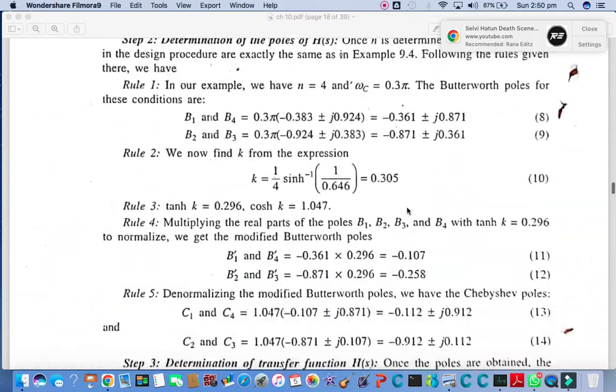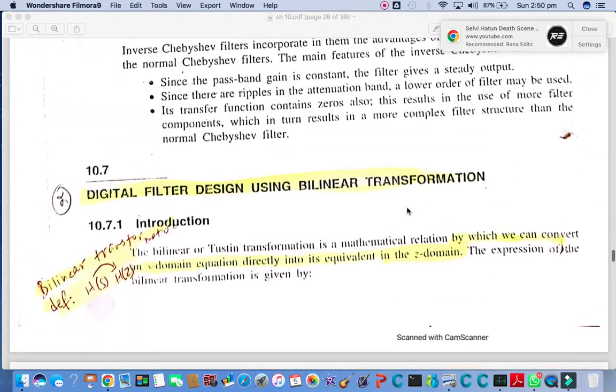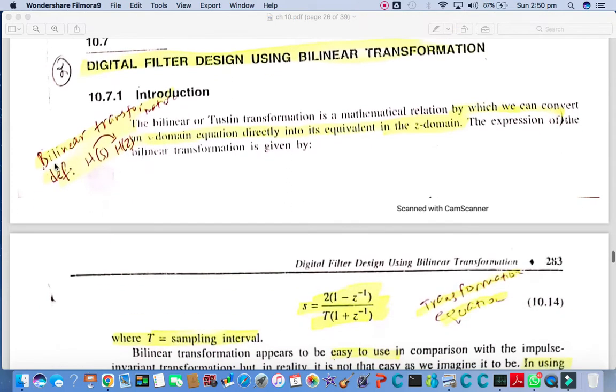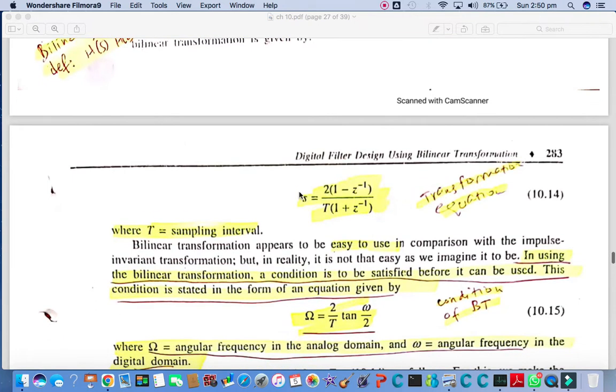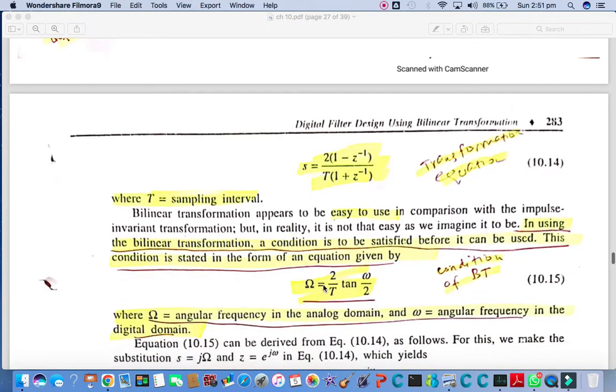Okay. So now we will be focusing on the bilinear transformation method, in which we will be calculating the transfer function of the digital IIR filter. So firstly we have to know that bilinear transformation is actually the direct conversion of HS into HZ, and for conversion we use this kind of equation, which is a transformation equation in which t is the sampling time. Once we follow all the steps as we have discussed in the previous problem of the IIR digital filter design of the impulse invariance method, we once arrive to HS, we will be using this equation to transform it from HS to HZ directly,